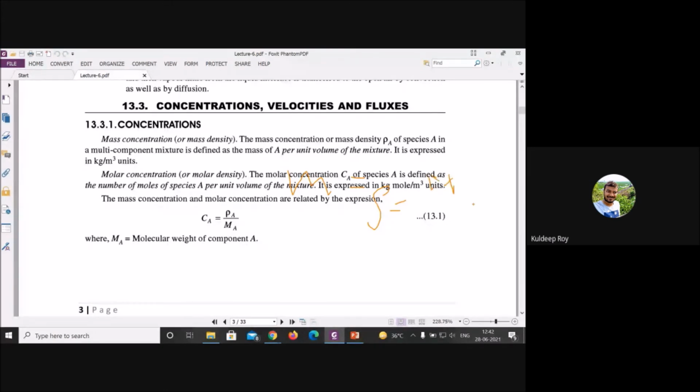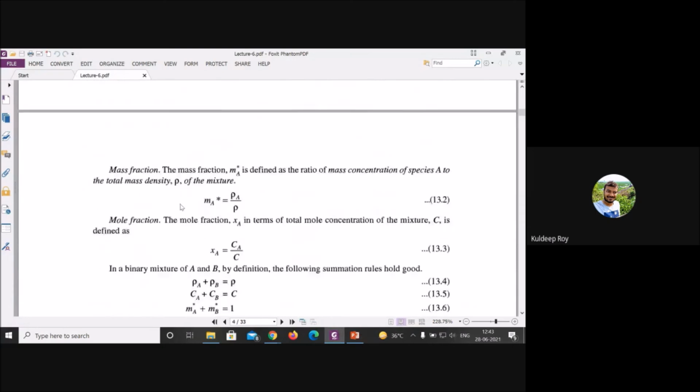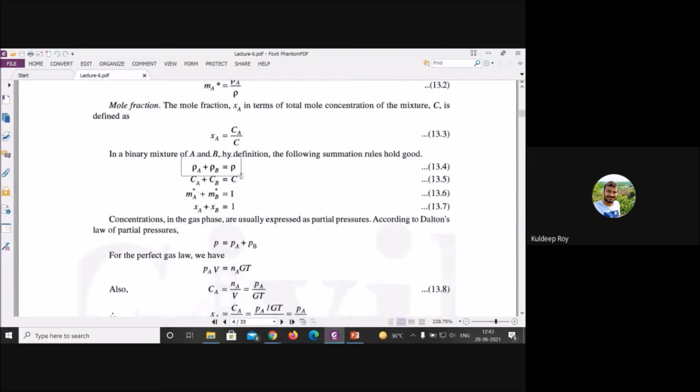M by V. But here for the mixture, the mass and volume will be the same, because you are adding two compounds. If this is your chamber 1 and chamber 2, then you have to add A and B. Rho total will be MA plus MB divided by V. This will be the whole formula. So you just read once, and you will get to know the formulas. If you want to determine the complete density of a particular mixture, rho will be the mixture of rho A and rho B. Complete concentration CA, CB, and mole fraction, definitely it will be the mixture of A and B.